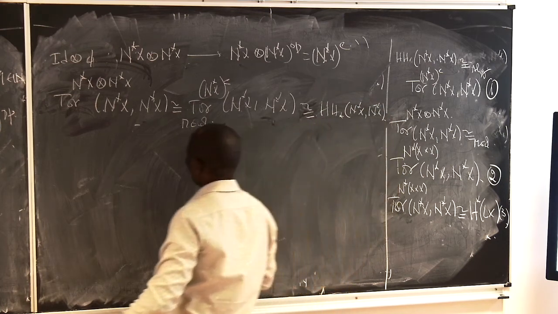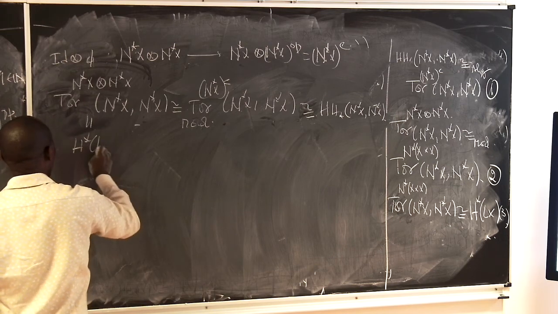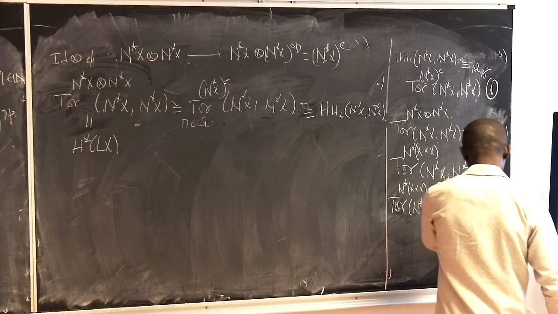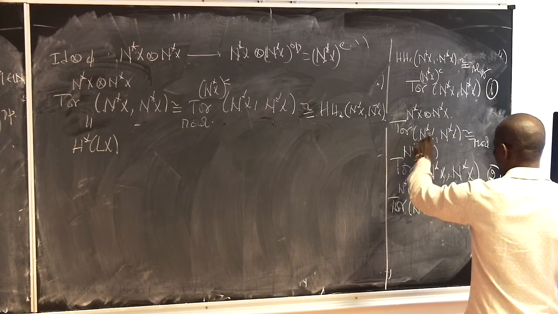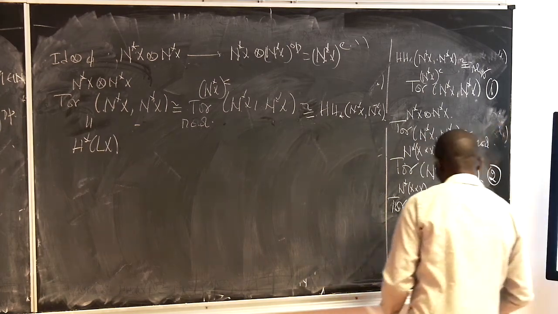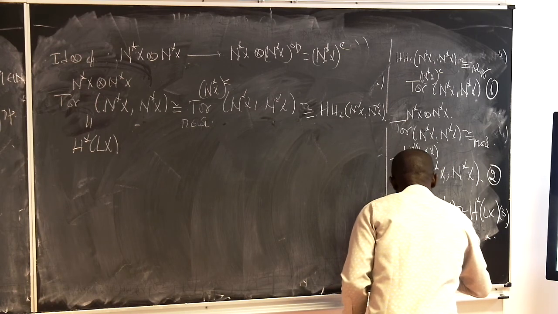The left side, this is the pre-loop space cohomology, because this is isomorphic to that, and from this relation, these two are related. That means the final relation that we have here is L X isomorphic to